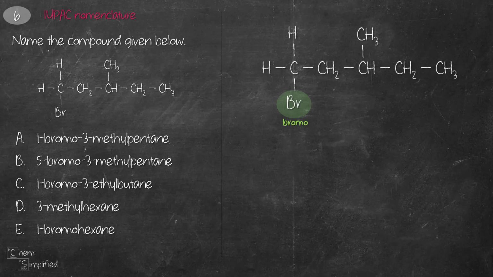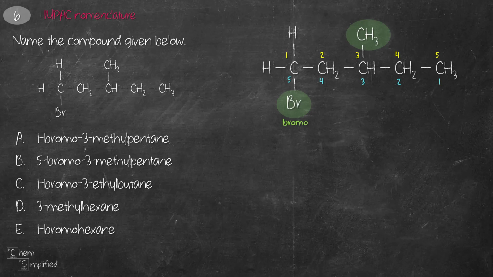To name any compound, we need to first find the longest chain. There are 5 carbons that are connected, and there are 2 ways for us to number the chain. We can number it counting from the left, and then the other way is counting from the right. Aside from bromine, there's another substituent right here, which is a CH3. Now, substituent is just a fancy name to refer to the group that's attached to the main compound. So our main compound has 5 carbons, and then we have 2 substituents, bromine and CH3.